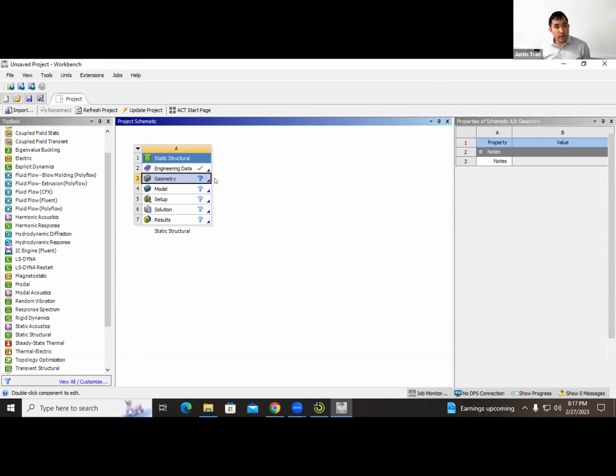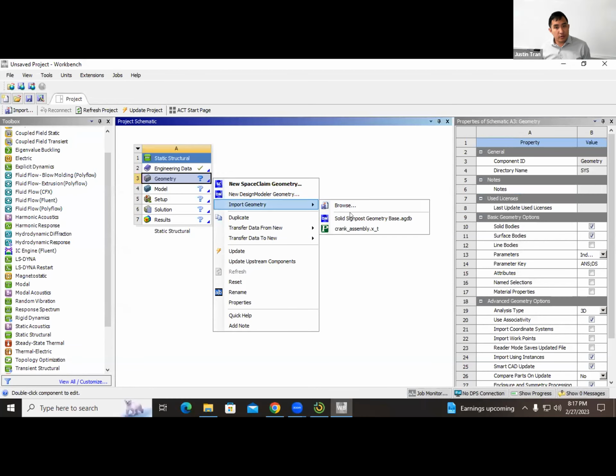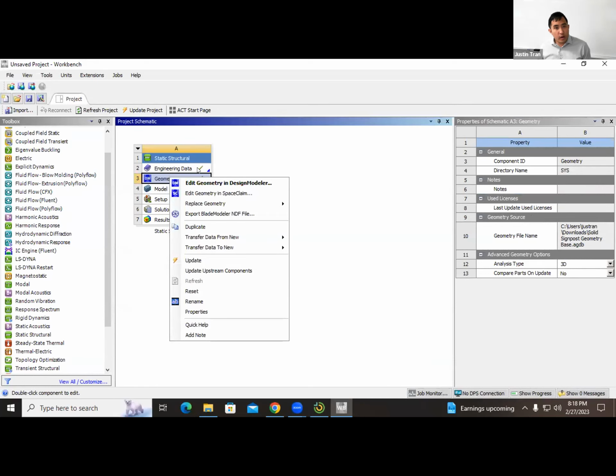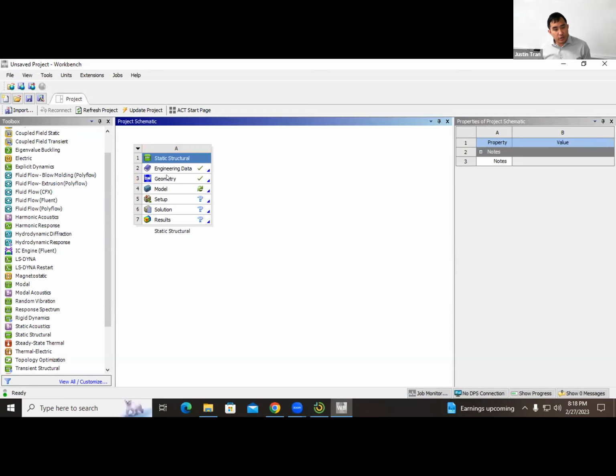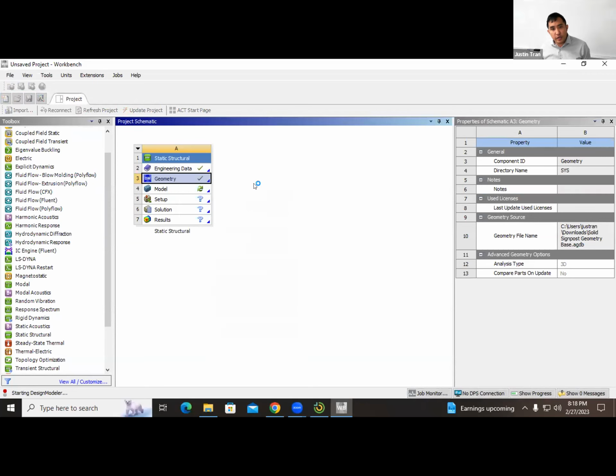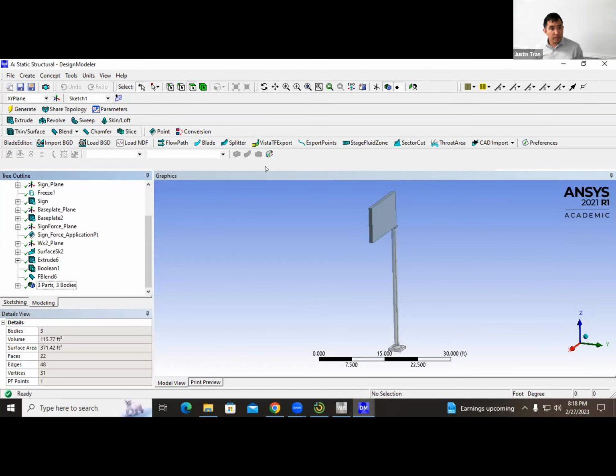Okay, so let's go ahead and import geometry. This geometry is made in Design Modeler. I'm not going to set up the FEA, but to modify the geometry, you basically right click this and edit the geometry in Design Modeler. And then here you can change the dimensions.